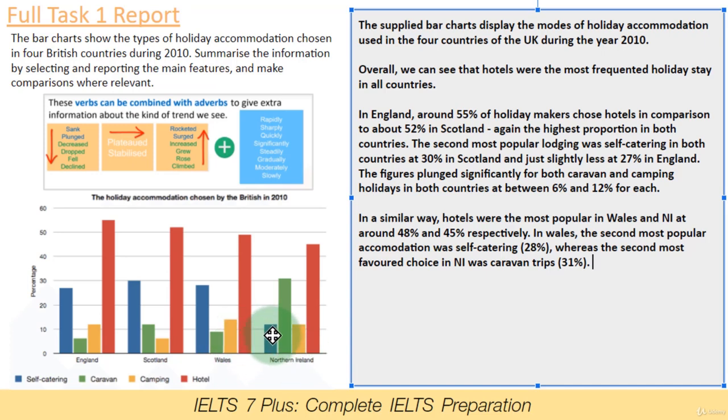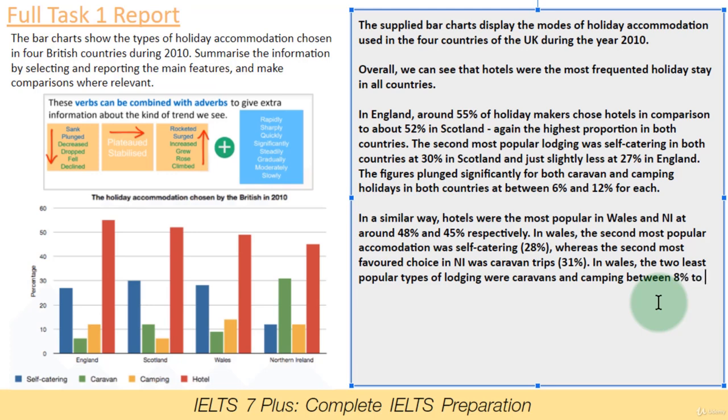Kind of just speeding up a little bit because I need to be careful on time. In Wales, the two least popular types of lodging were caravans and camping, between, let's say, 8% to around 13%. In Northern Ireland,